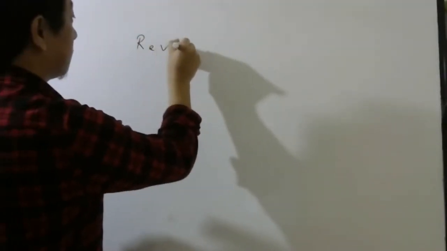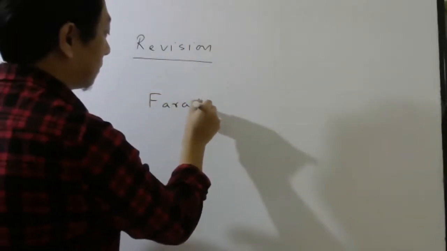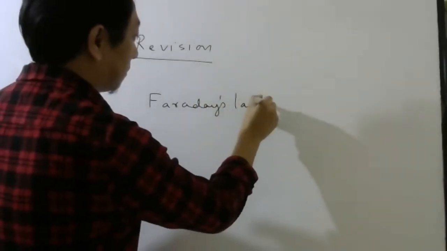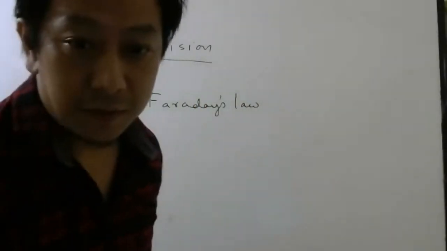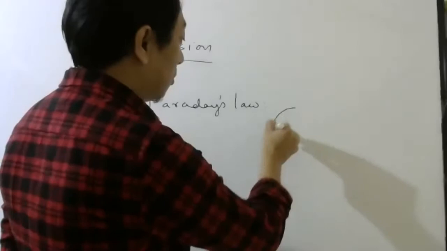So we will try to revise what we have done till now. Ravi Kumar, good evening. Shweta. We have done two important laws yesterday. One is called Faraday's law and the other one is called Lenz's law, right? The first one is called Faraday's law. Good evening, Rutvik. So what was found in Faraday's law was, if you have a closed circuit,